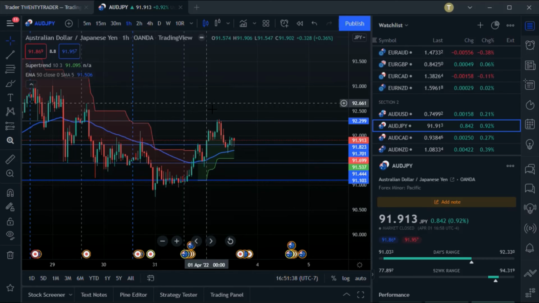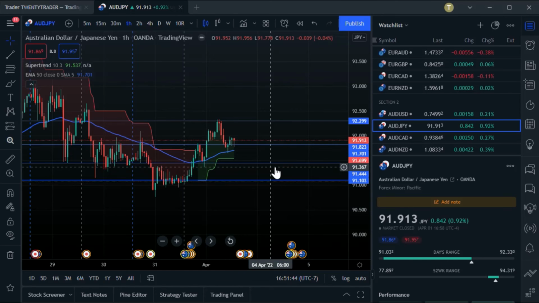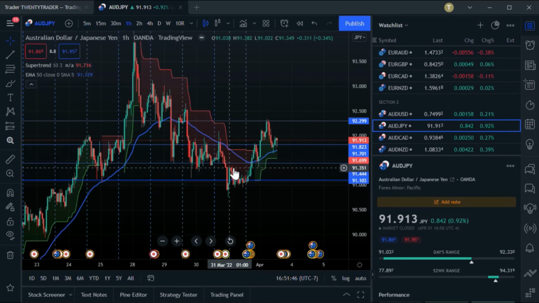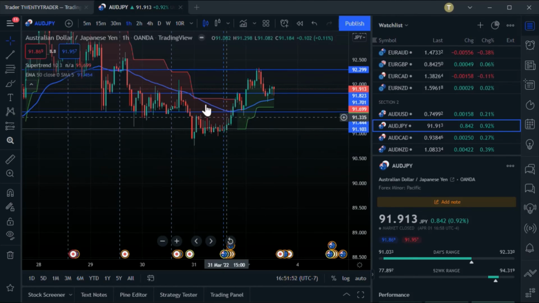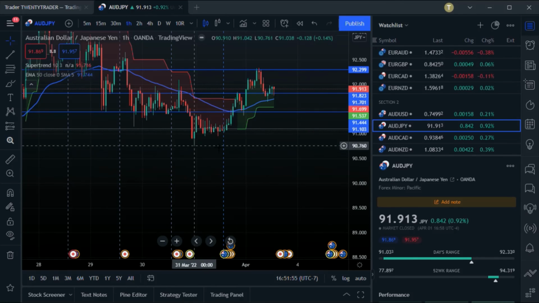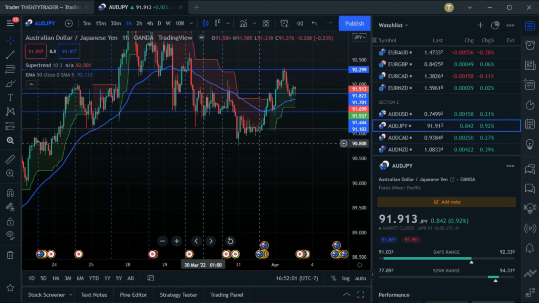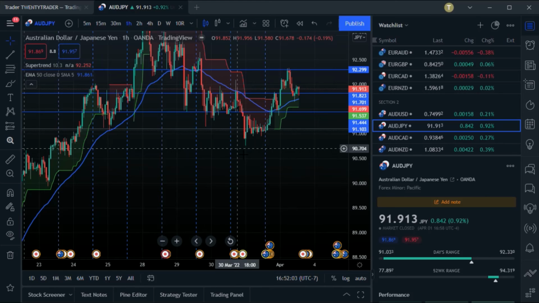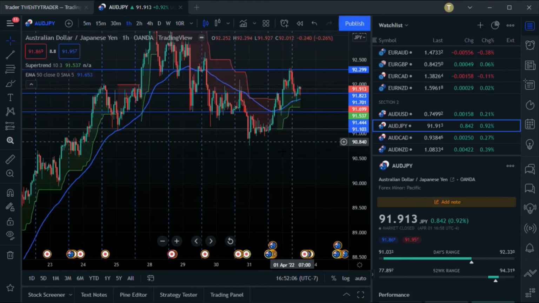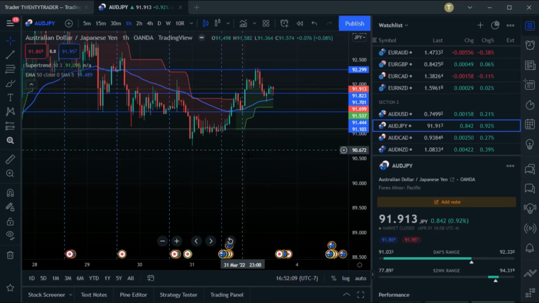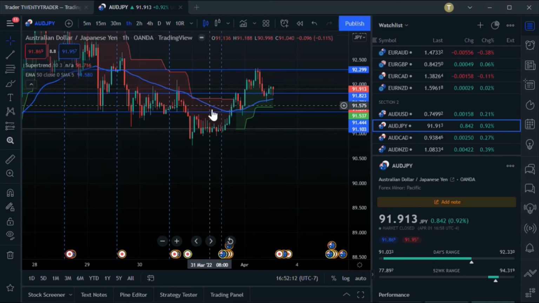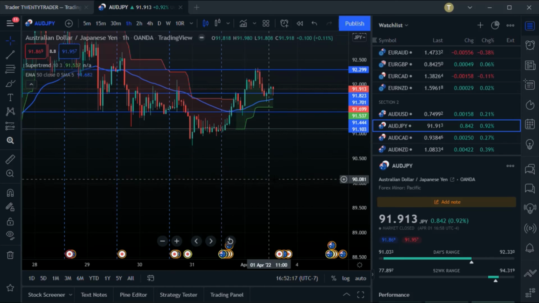But let's say it doesn't. Let's say I get stopped out, it whacks me down. I'm going to wait, right? You know what I'm waiting for? This low to get broken, right? Because if you break this low, all these people that bought here are getting stopped out, it whacks down, and we might be looking at a continuation to the downside. So that's what I'm looking for. Aussie dollar JPY, that's my call of the week, what I'm looking at. These guys get stopped out, break this low, I'm looking to the downside.